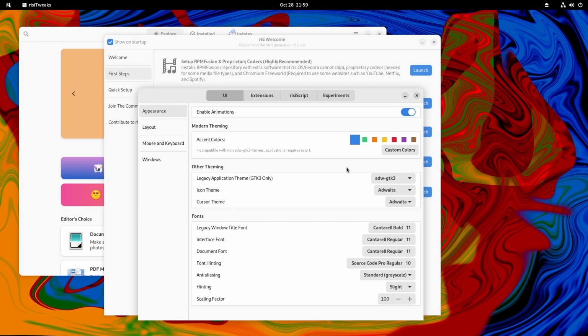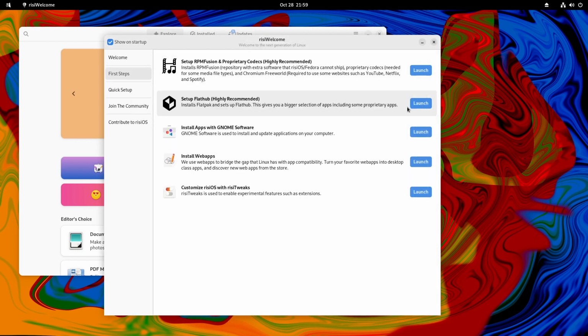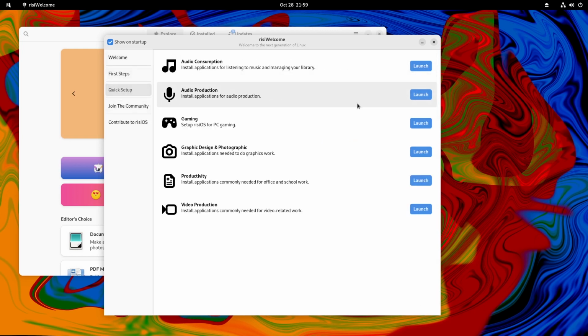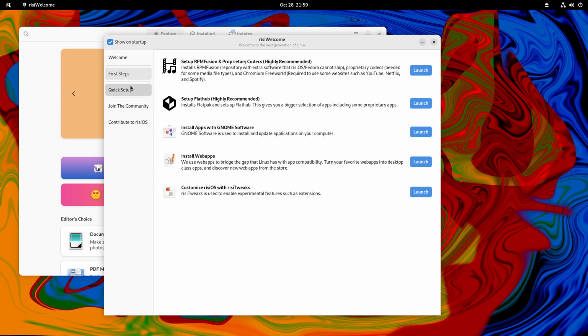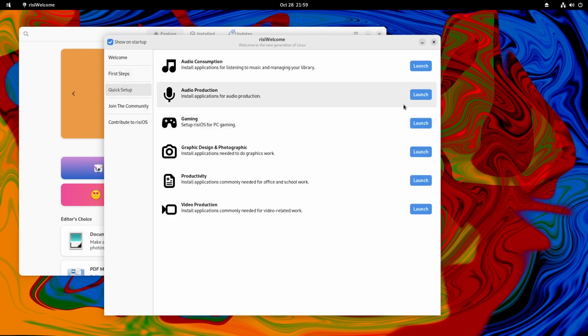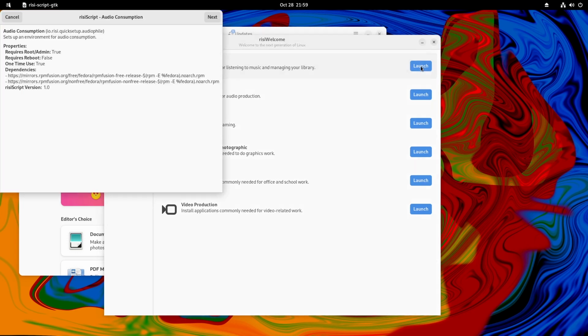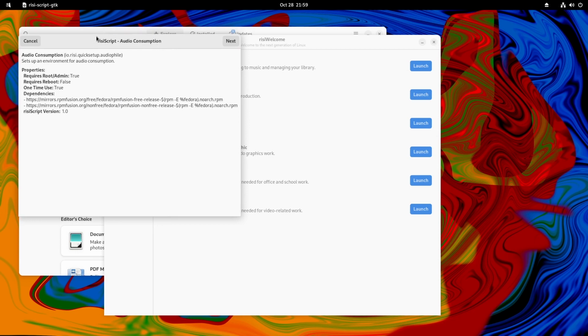Okay, I will skip this, and then we go to the quick setup. I think it's like the first steps. The quick setup will execute something like Risi script. I will try this, for example, audio consumption. Yeah, we can see here Risi script will be executed.